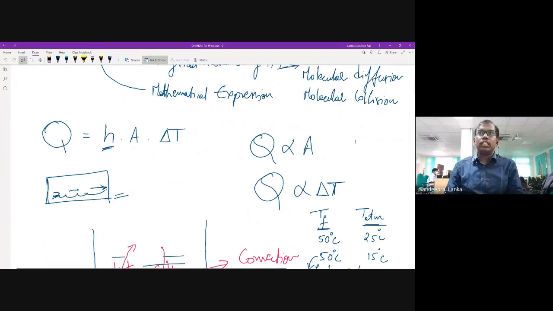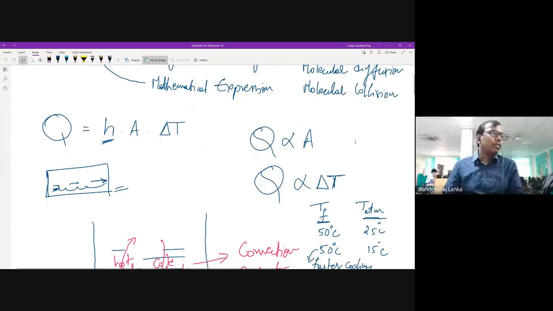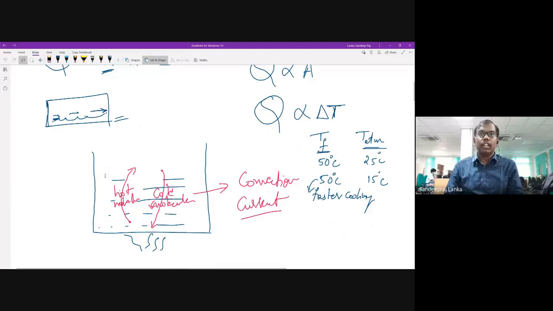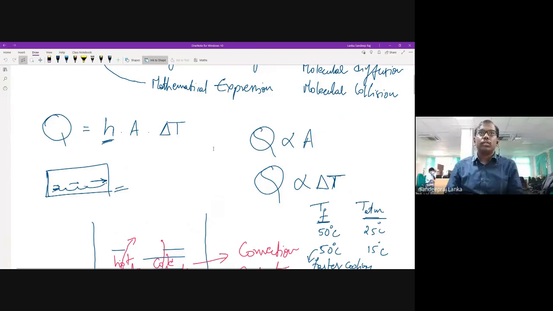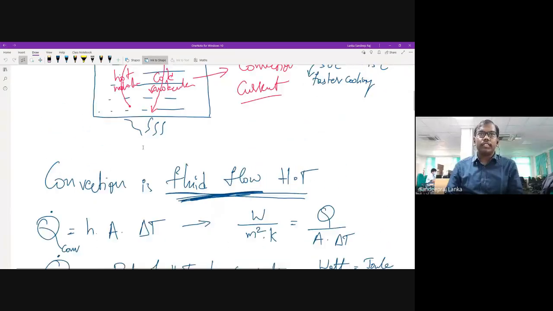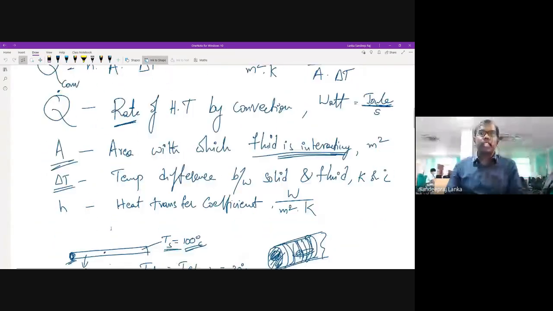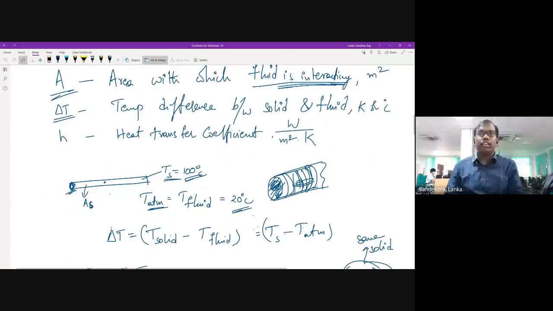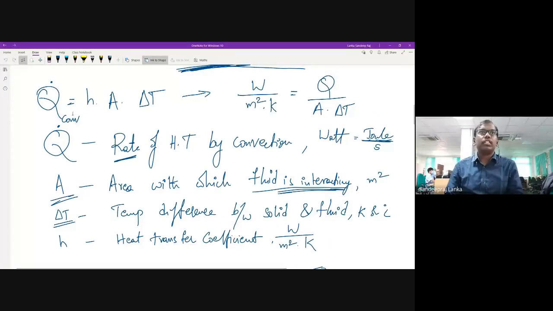So this molecular diffusion and molecular collision I have explained to you in this example and this example. So Q is equal to h A delta T we have seen. Before that we have seen Q is equal to h A delta T. Each term, what is the